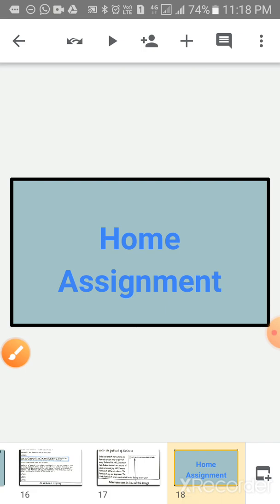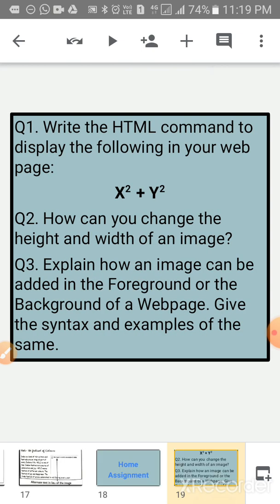Now children, I am giving you some homework. Children, I hope you all are doing your homework properly and studying at your home. Remember one thing, you have to do all your homework in your computer register, which I have given in the last 2 weeks. Both the PDF work you have to do in your computer register. Okay children? Now I have given 3 questions for your home assignment.